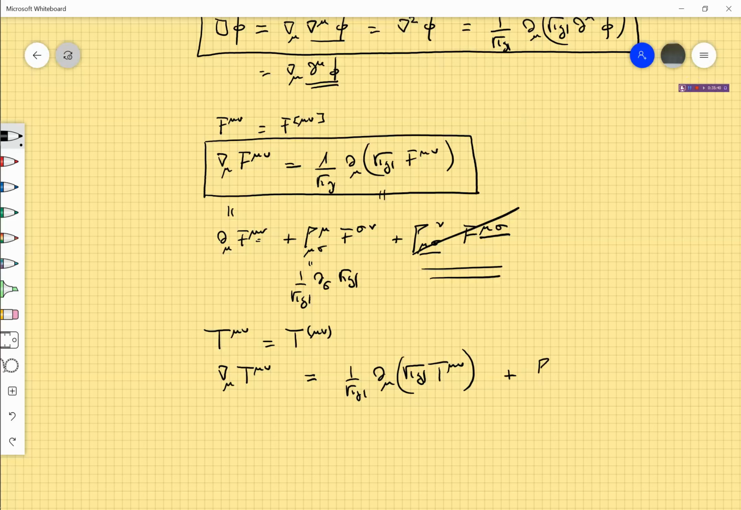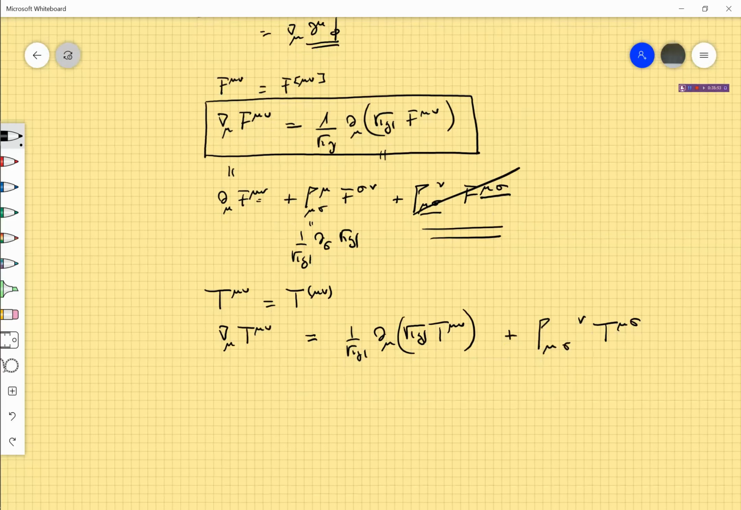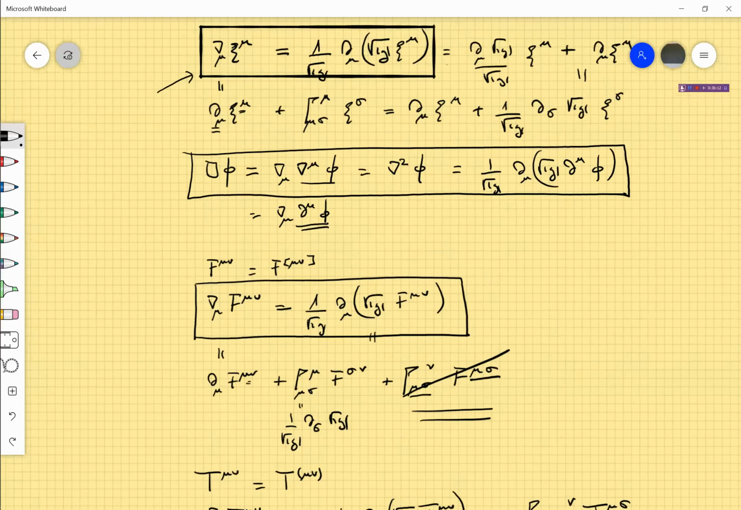This should be, sorry, gamma mu sigma nu and t mu sigma, which doesn't vanish. Why is this important? Well, it is important because conservation laws are expressed, local conservation laws are expressed through the continuity equation in this form. Okay, if we have a